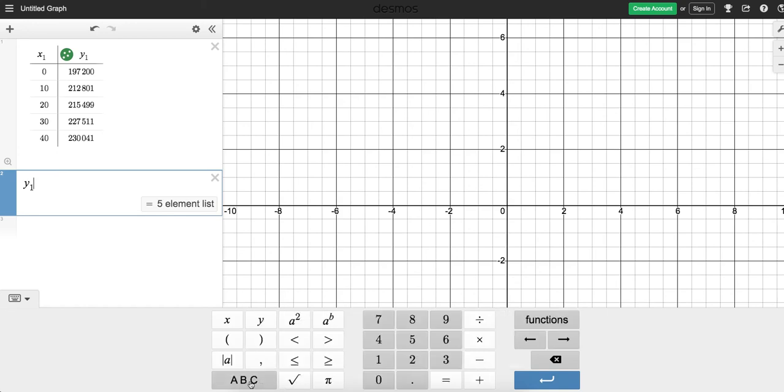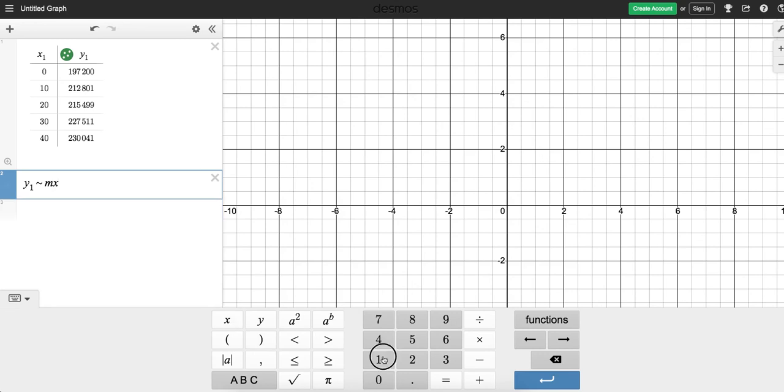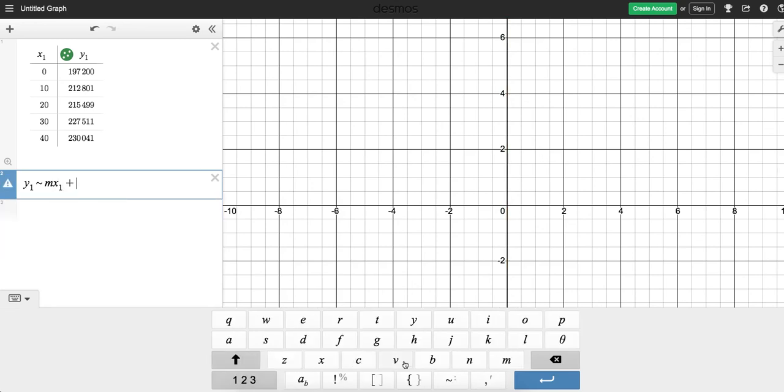To get there, press the ABC button, and then it's this symbol right here below the B and the N. And then we'll go M, and then we want X1, and then plus B. So we have X1 list, Y1 list. We have Y1 tilde M times X1 plus B. And our value of R is